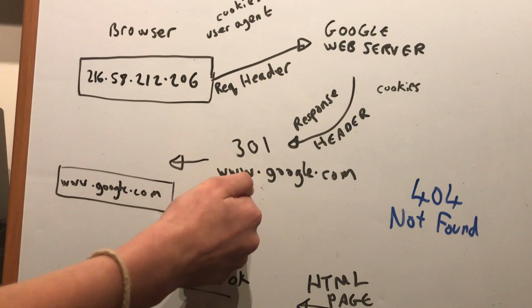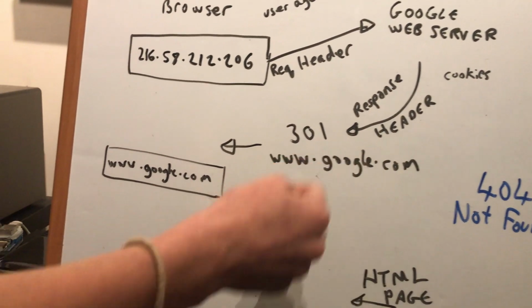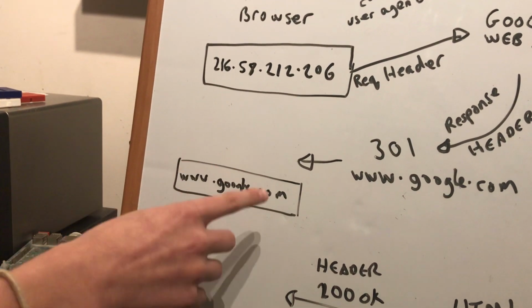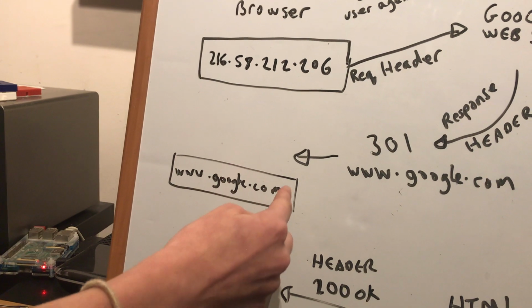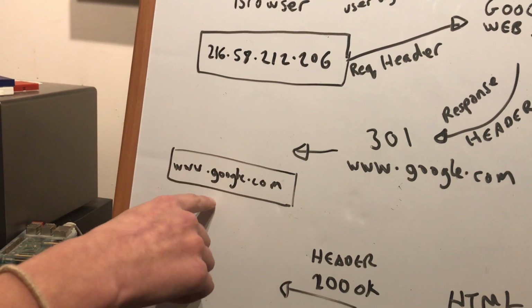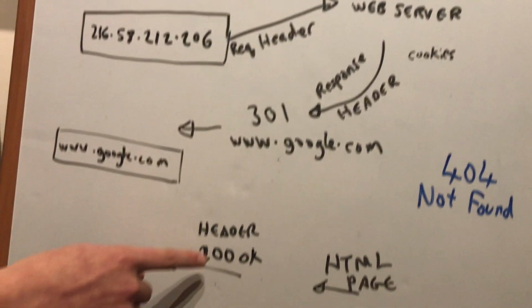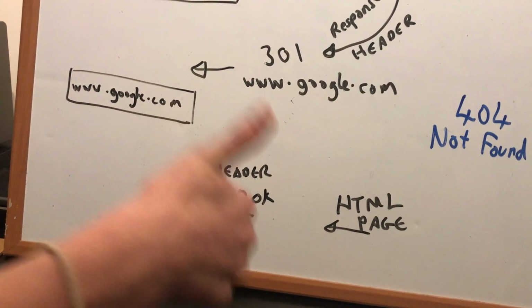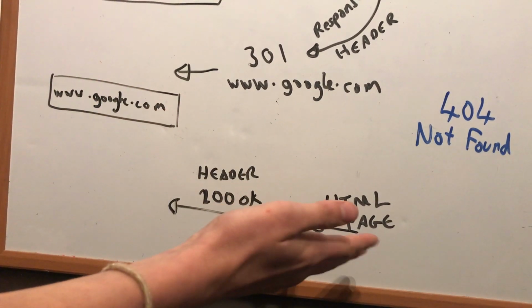And this is just what it's permanently moved to, www.google.com. And so that is why it changed from our IP address to www.google.com. So then, of course, this is going to go to Google, and this time the response header is going to be 200. Now, 200 just means it's okay and it's all good, and it will give you the right HTML